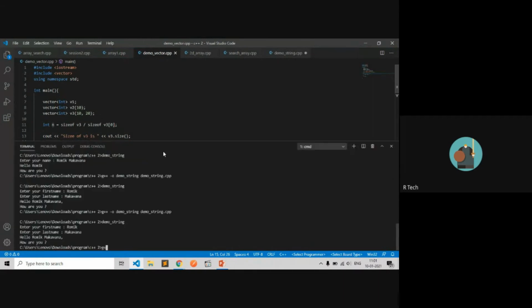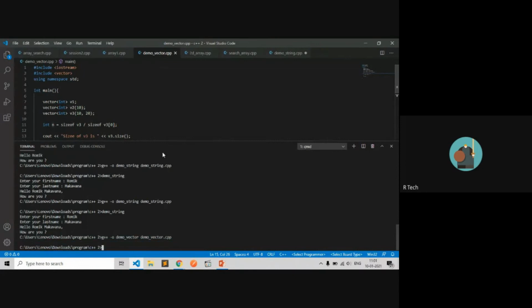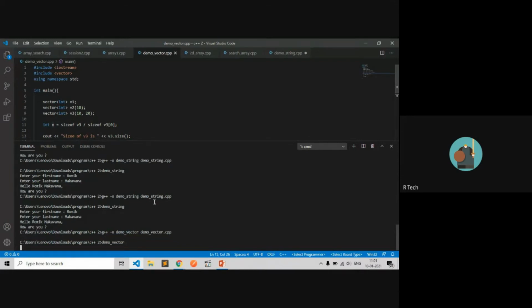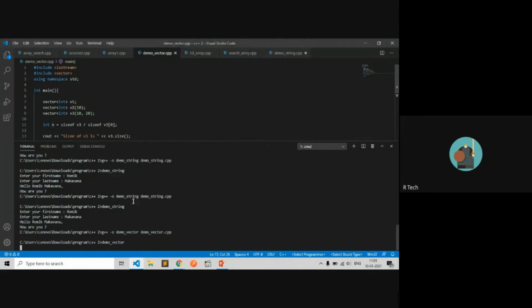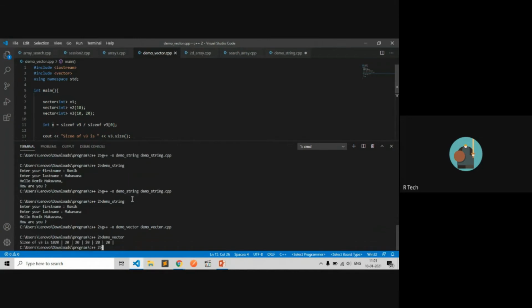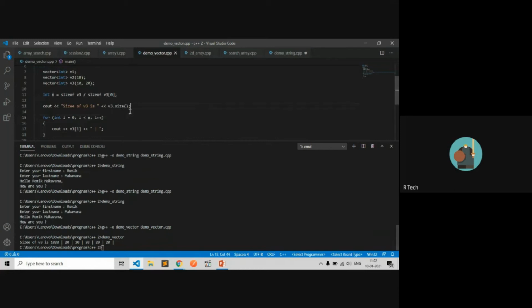Compile with g++, vector demo, the file name, compiling. Now run the program. You can see here there is a little issue.